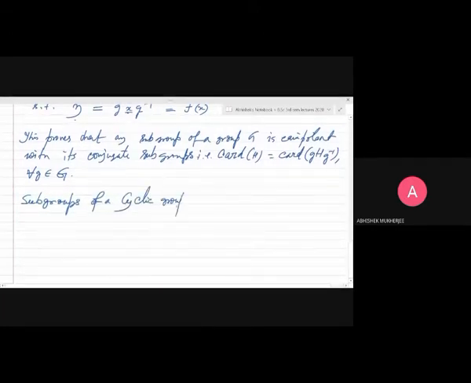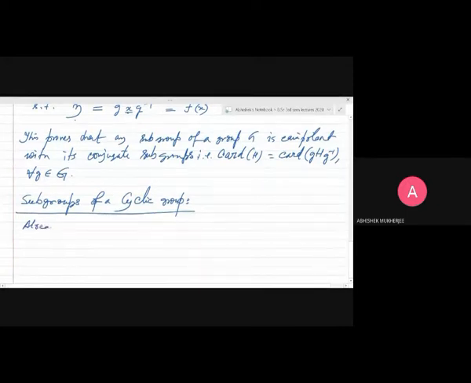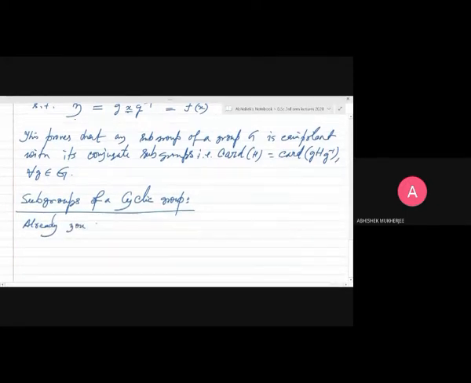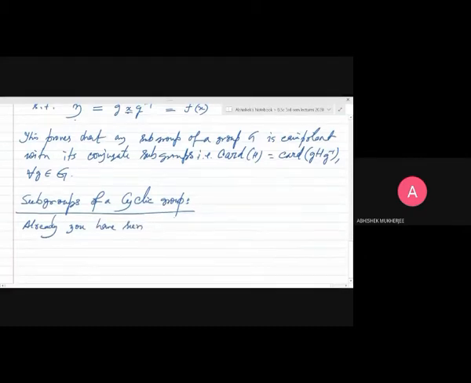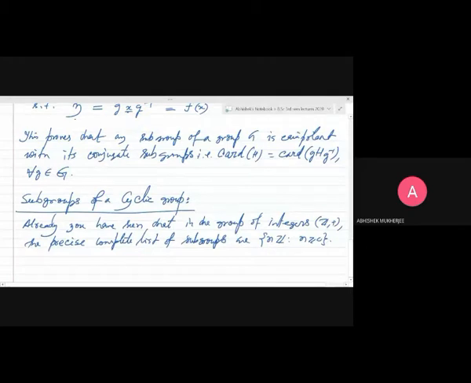So that is an interesting feature. Already you have seen that in the group of integers Z plus, the precise complete list of subgroups are nZ, where n is greater or equal to 0. So these nZ's,